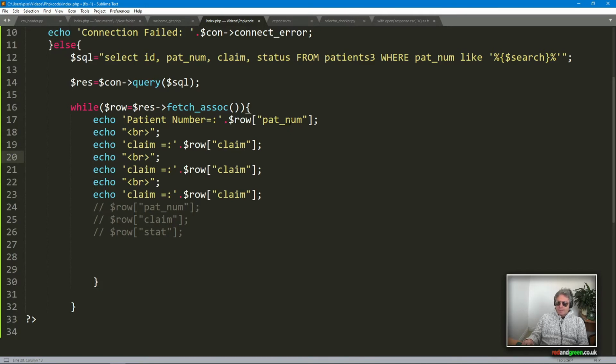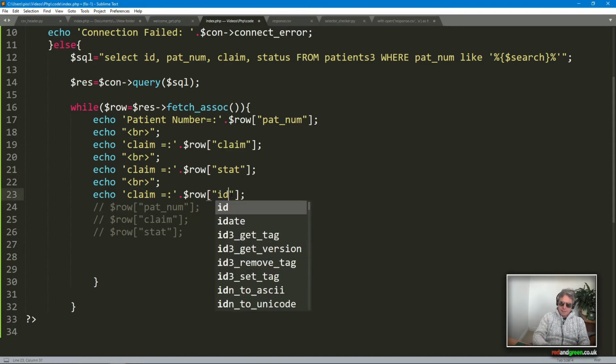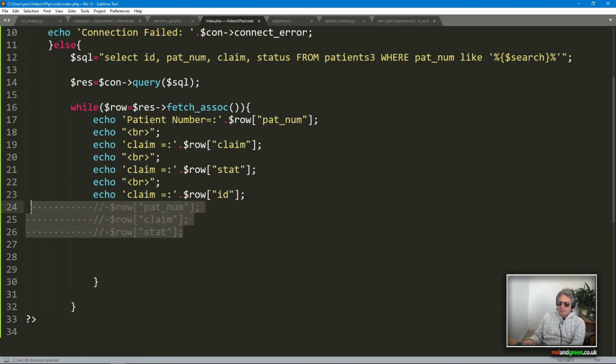So we want patient number, claim, status, and what else do we want? Patient number, ID. Yes. In no particular order, because